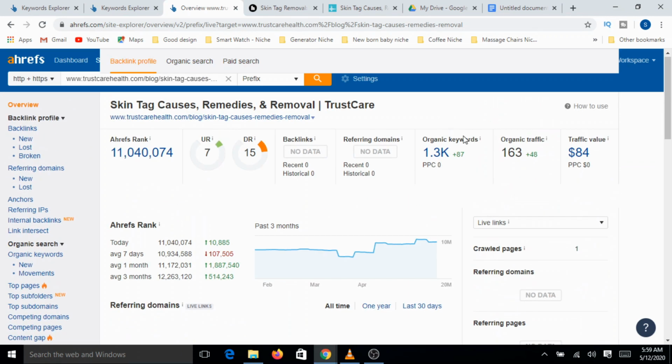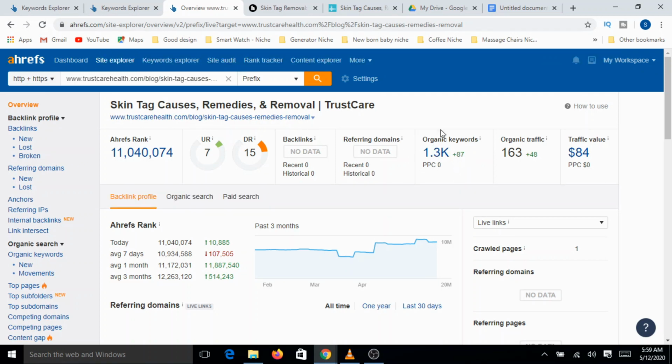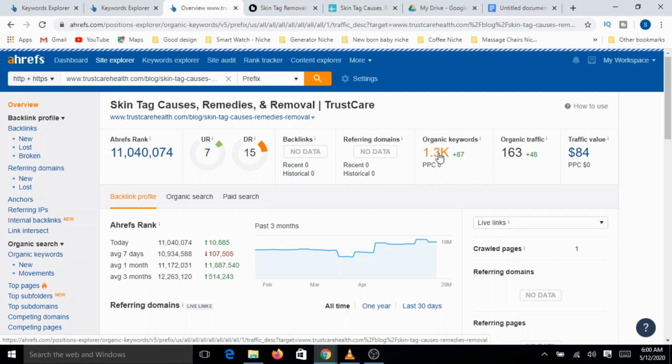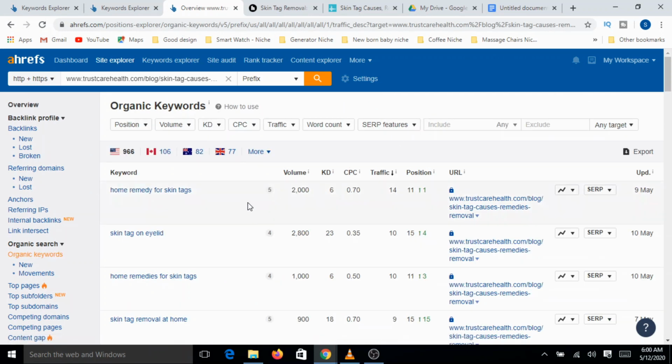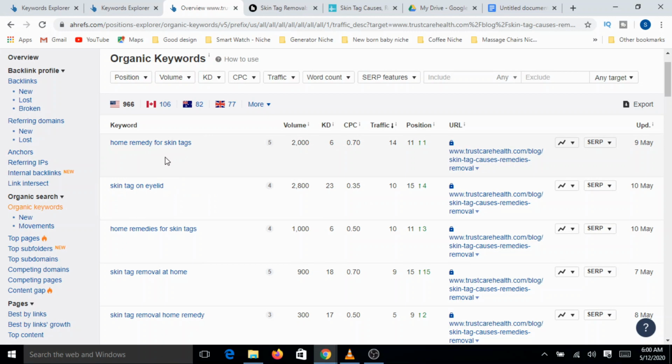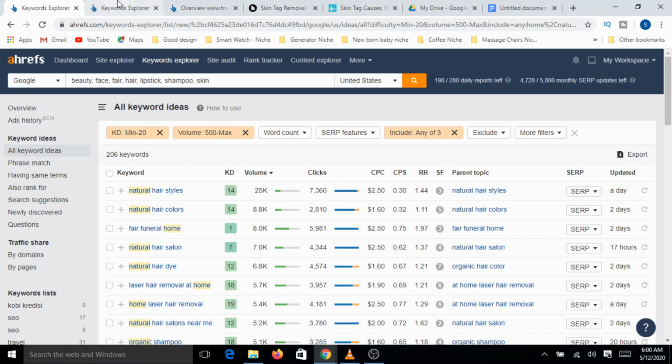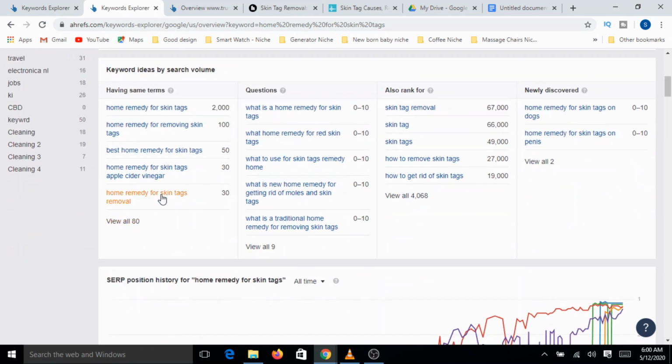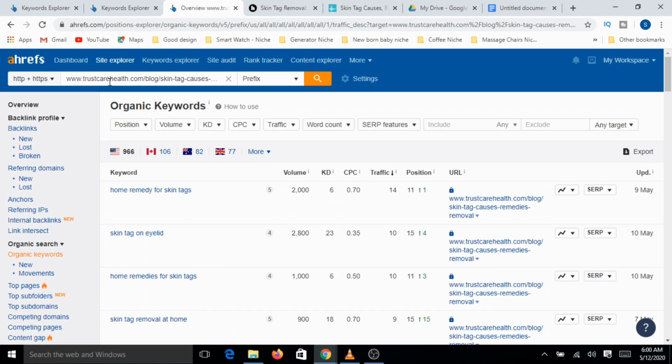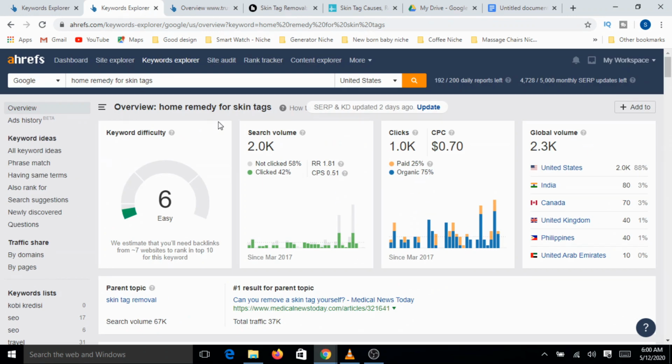Okay, you can see here for this particular URL alone, there are about 1000 plus keywords appearing in the search results. Let's click onto this particular keyword list. Now, what happens most of the time is, apart from the keywords that we discovered here, there will be some new keywords that appear when you actually go and verify the specific website. The reason is, every tool will have a different algorithm.